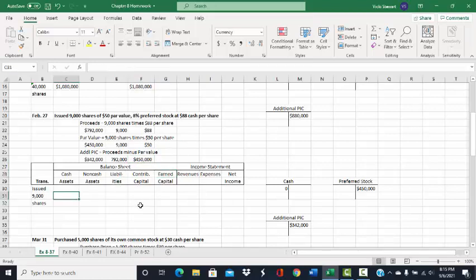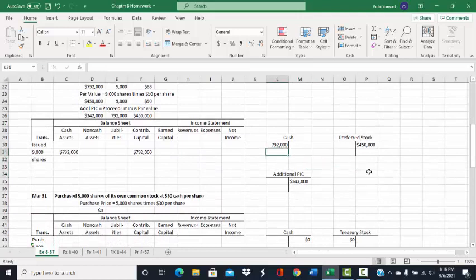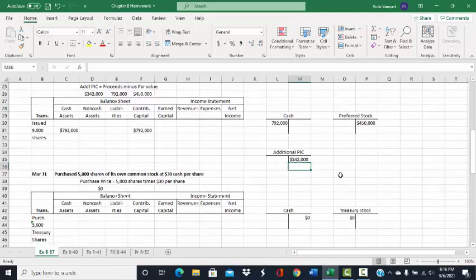$342,000. On the financial statement effects templates, we would increase cash by $792,000 and we would increase contributed capital by the same amount. On our T accounts, we see that we would have a debit to cash for $792,000, a credit to preferred stock for $450,000, and a credit to additional paid-in capital for